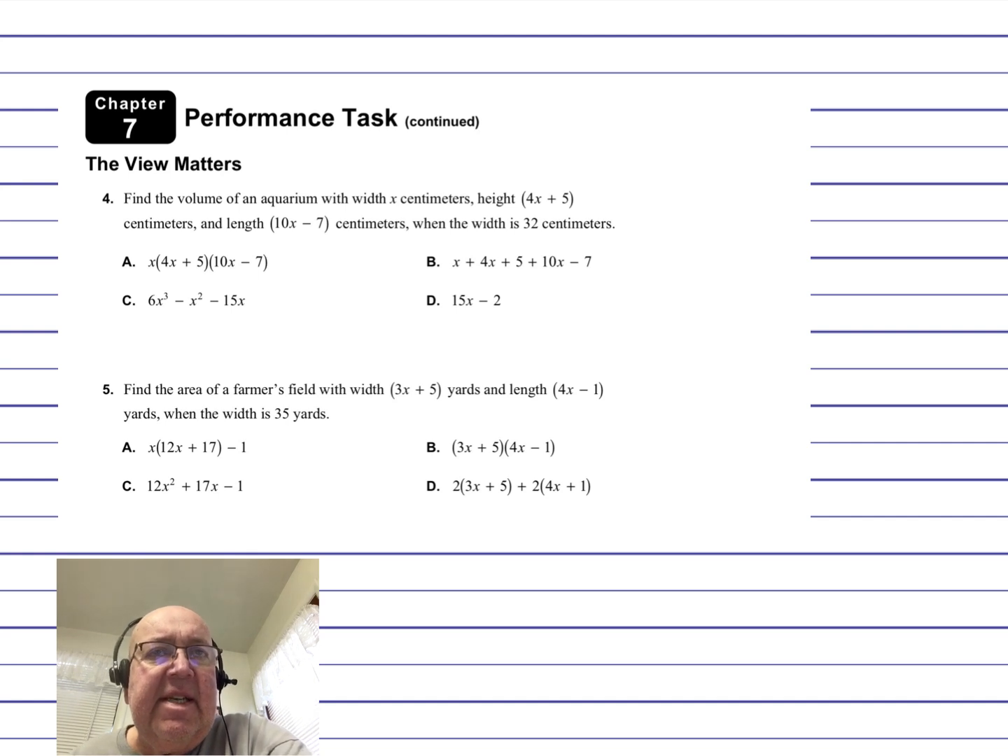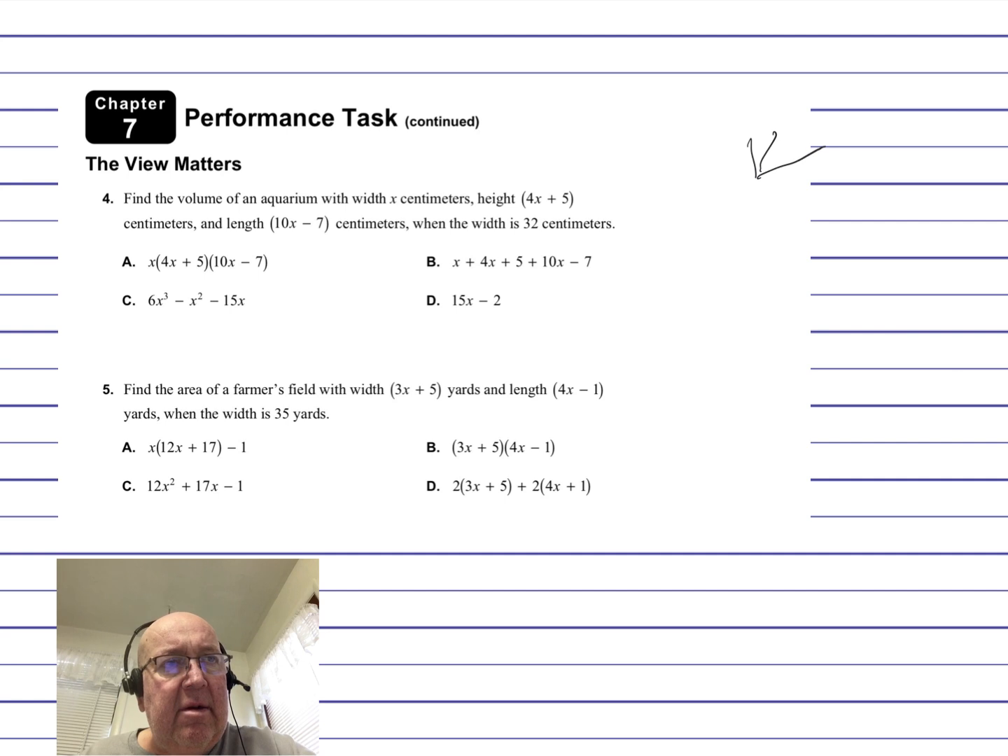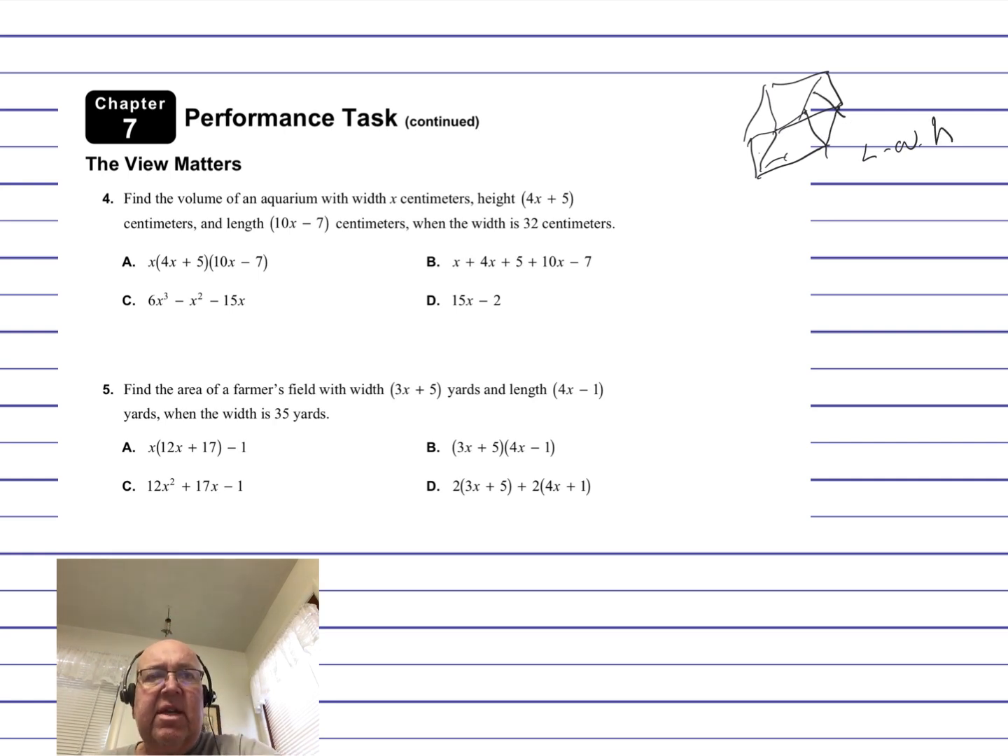The next one, again, this time we're looking for the volume of an aquarium. So we're looking for volume, which is three-dimensional. So you're going to have some sort of a base, which is going to be length times width, and you're going to have some sort of a height. You need to look at the formulas to see which one gives you length times width times height,